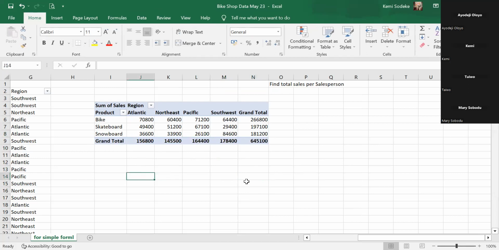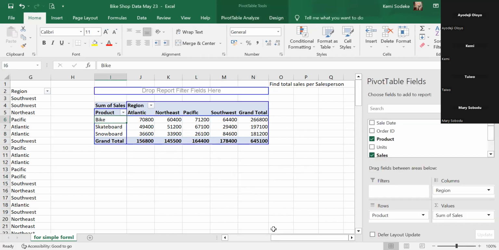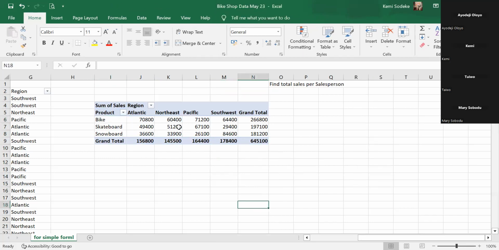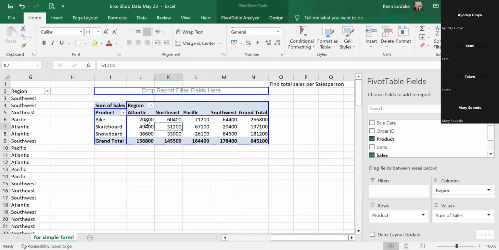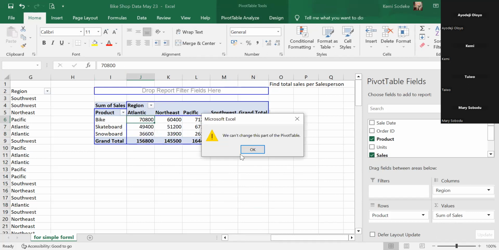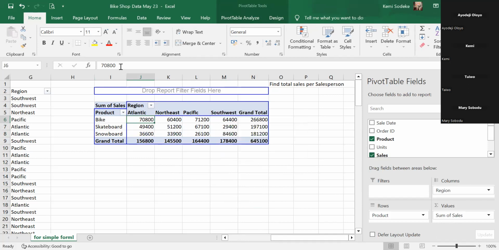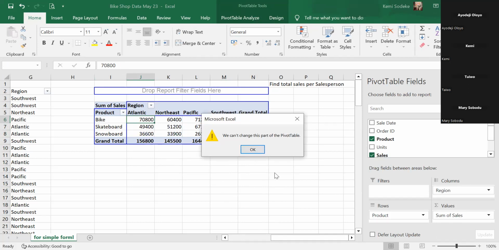One other thing we can also do with pivot, before I go there, is some do's and don'ts with pivots. When you have a pivot, you cannot change the data within the pivot, because the data is picking from a particular source. If you want to change the data on your pivots, you have to change the data on the source. So for instance, this 7,800,